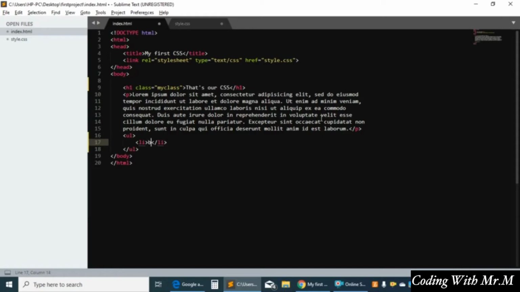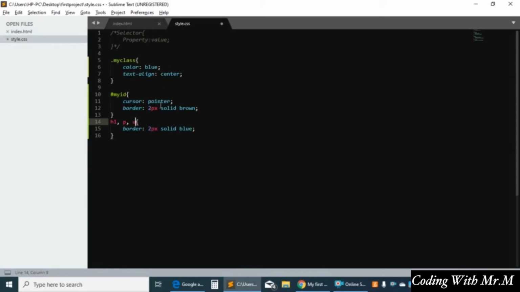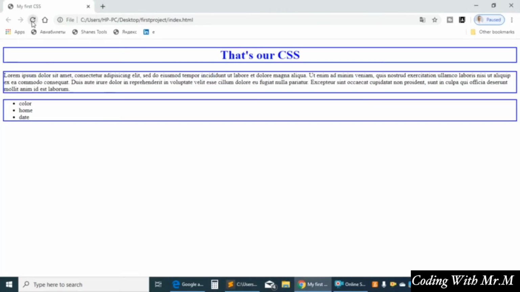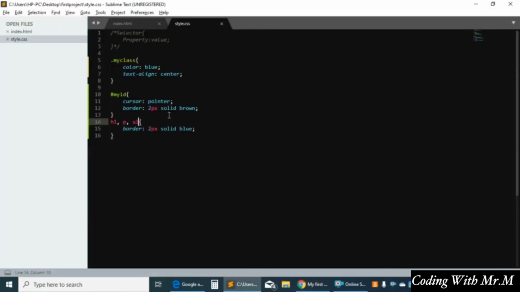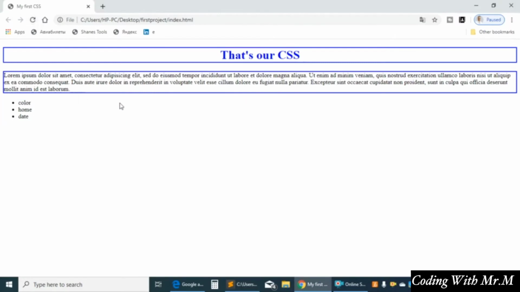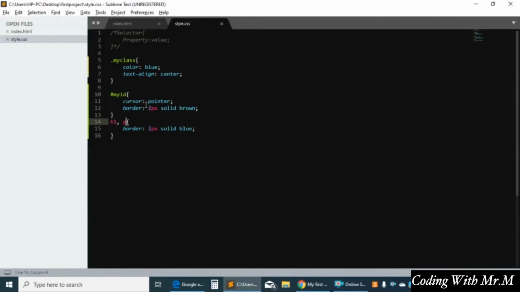blue, or say color, home, 3 different words, date, I don't know, I've written just 3 unrelated words, okay, but now I want to apply the same thing for UL as well. So writing over here UL, so as you see here, that was applied. If not, this UL without border. So that's element comma element,